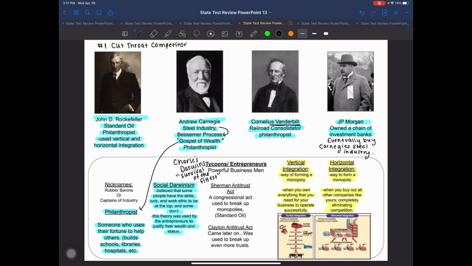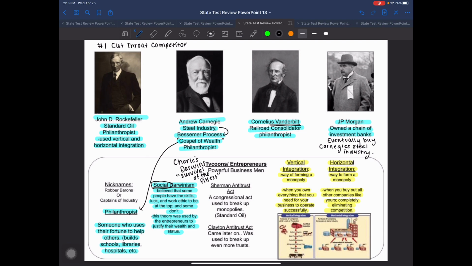And Charles Darwin's theory was about animals and survival of the fittest. You can kind of think of the food chain. The animals that are at the top of the food chain are typically smarter, more agile, just better, okay, physically and mentally. And so we're taking this theory, and instead of talking about animals, we're talking about society. We're talking about people. And to be honest with you, these men up here, Rockefeller, Carnegie, Vanderbilt, Morgan, they did not feel guilty about their success. They did not feel guilty about their wealth.